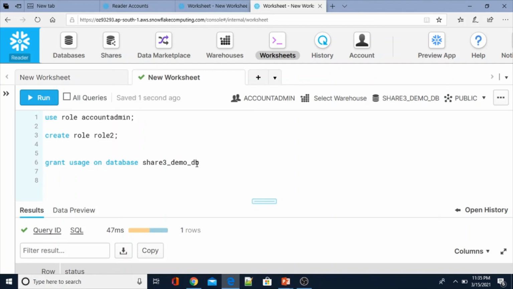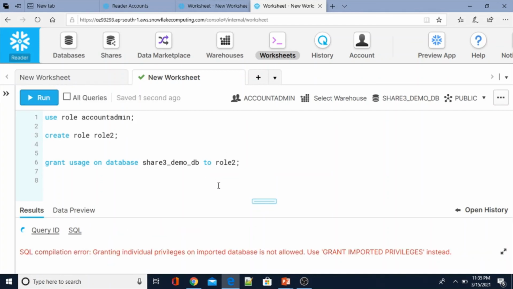Grant usage on database to role 2. Okay, this is the one. As I said, grant imported privileges instead of. So I think this one we have done already.